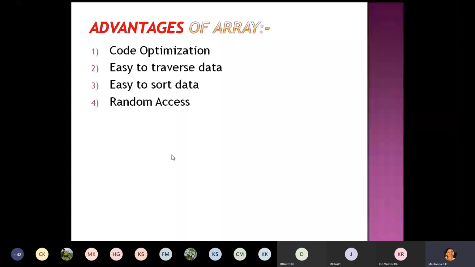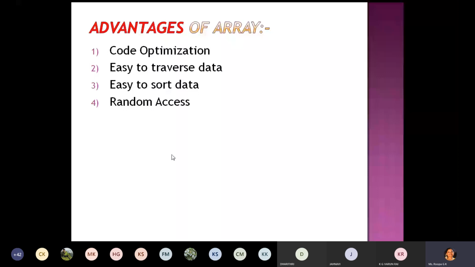The reason is arrays allocate the memory in contiguous locations for all their elements. If the first element is stored in 100th location, then the second element will be stored in 101st place, third element 102nd place, fourth element 103rd place. Therefore, it is easy to traverse or sort the array elements in an orderly fashion.